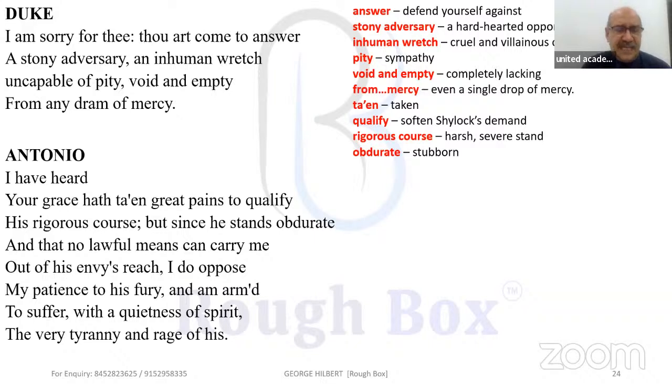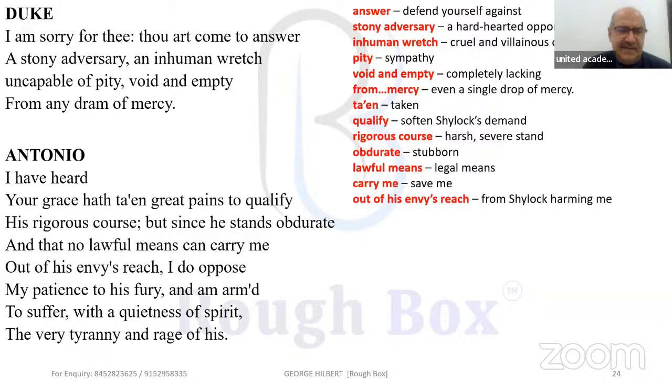But since he stands obdurate and no lawful means can carry me out of his envy's reach, since Shylock is stubborn and adamant to take my pound of flesh, and since nobody can legally save me from his envious reach, from him harming me,